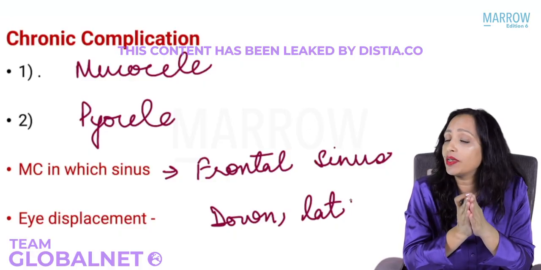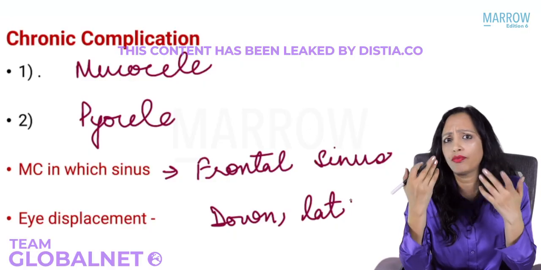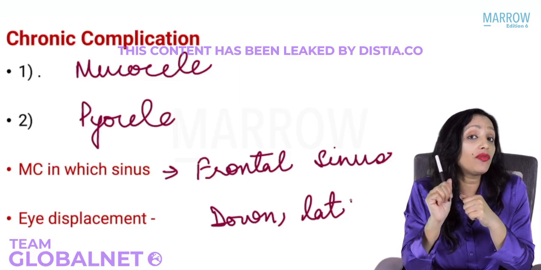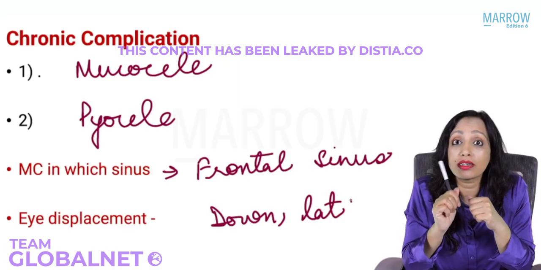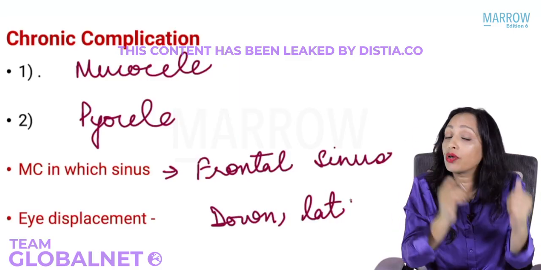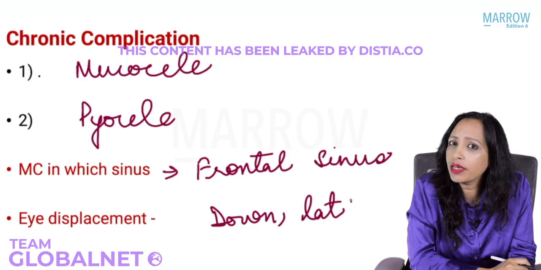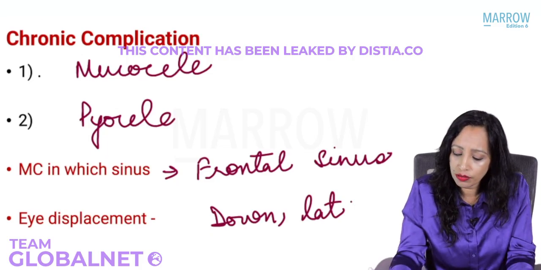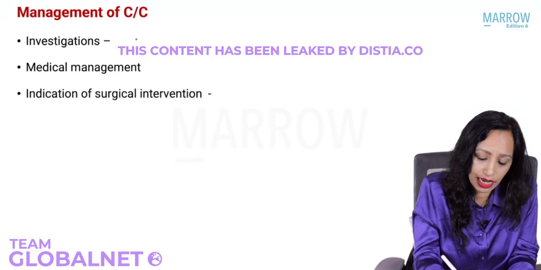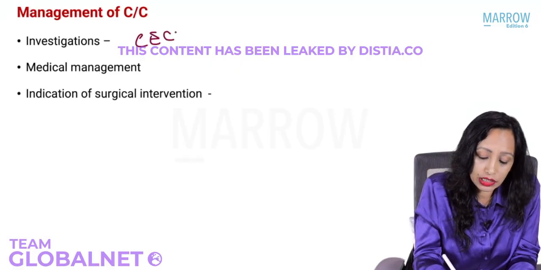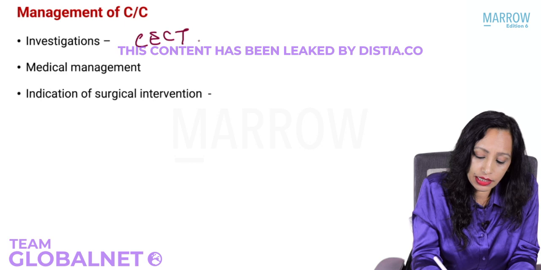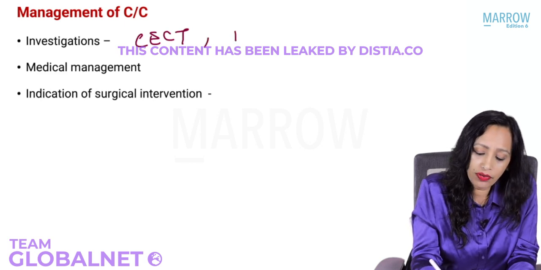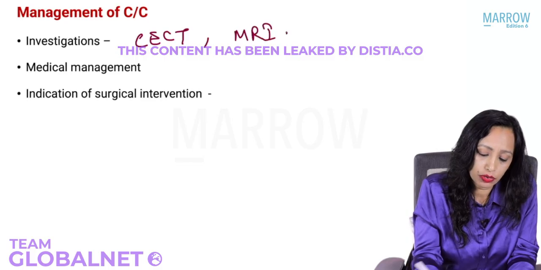And the radiological investigation that you will go for, tell me, for the paranasal sinus, yes, it is CT. But now what we are looking for is complication, meaning it is going into the orbit or it is going intracranially. So will only a CT suffice? No, we will have to go for MRI also. So we will have to go for both CT as well as MRI. We will have to go for CECT here, nose and paranasal sinus and orbit also, and we will go for MRI also to rule out